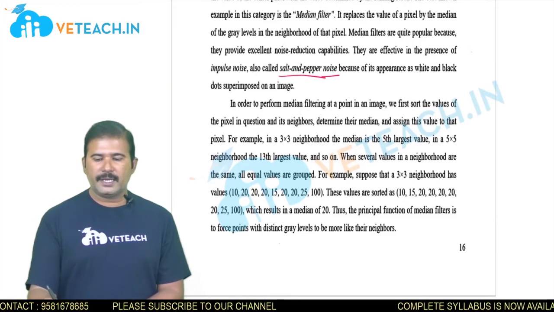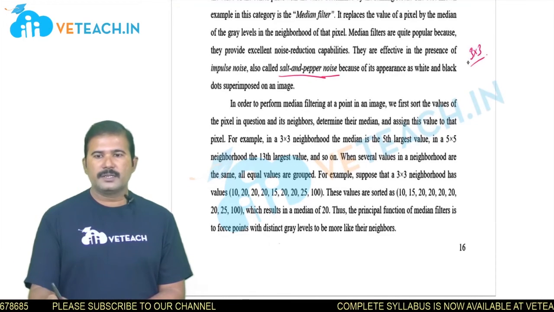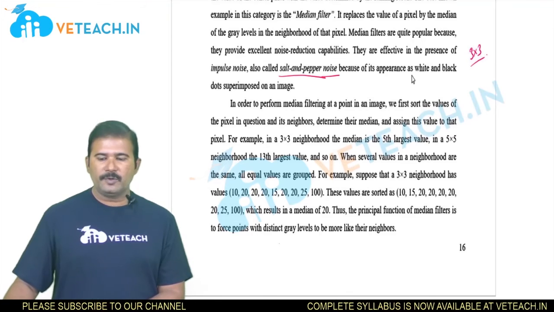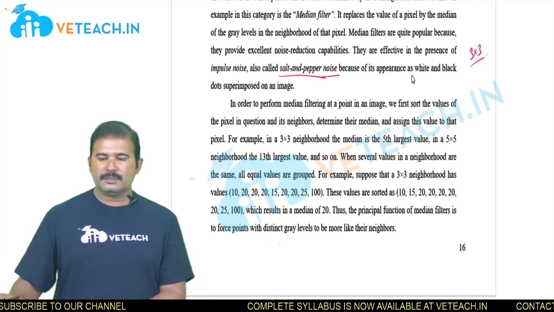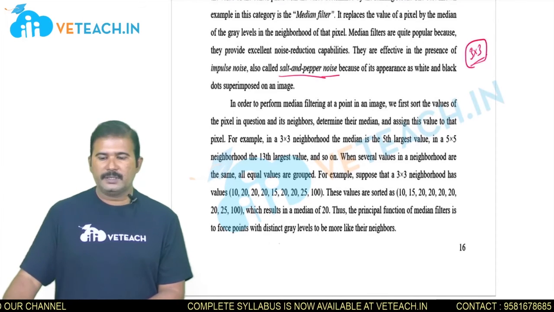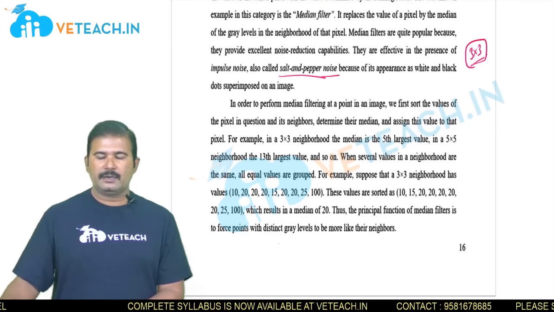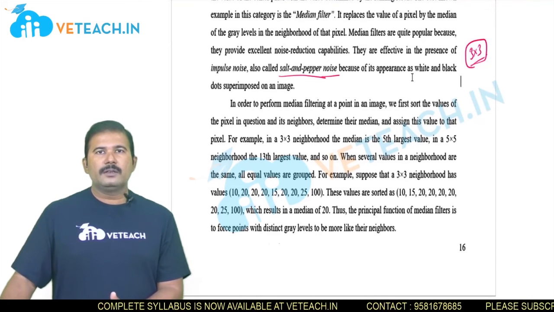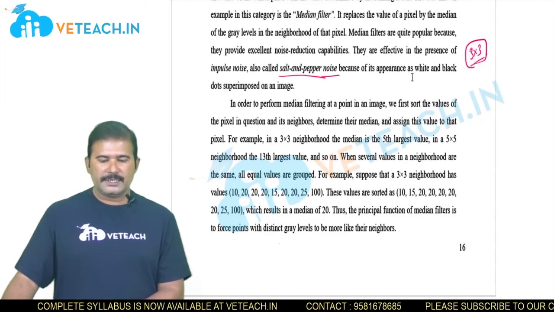If you take a 3 by 3 neighborhood of a filter, the median is constant for a given 3 by 3. But in the adaptive median, there is an algorithm by which it is calculated using the pixel values. Adaptively, its value changes depending upon the intensity values in the given neighborhood, whether it is 3 by 3, 7 by 7, or 9 by 9. The median value is selected adaptively based on the neighborhood intensity values.